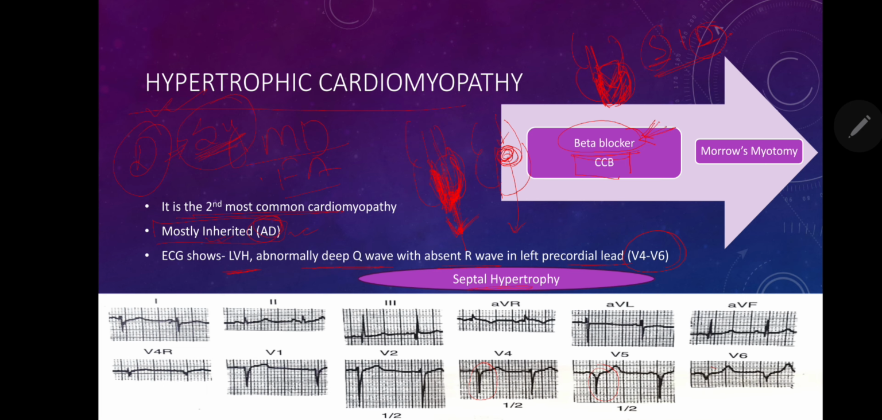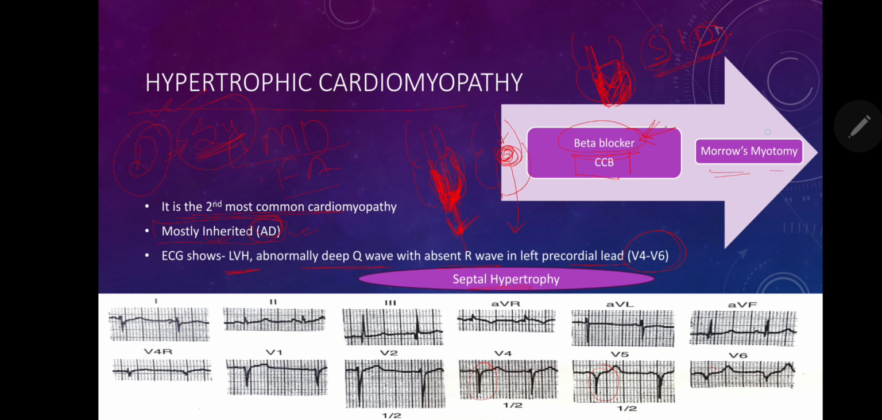If the beta blocker is not having an effect, we can add verapamil with atenolol when there is no improvement after giving only a single dose of beta blocker. After that, if there are features of heart failure or features of sudden cardiac death, then Morrow's myomectomy is the